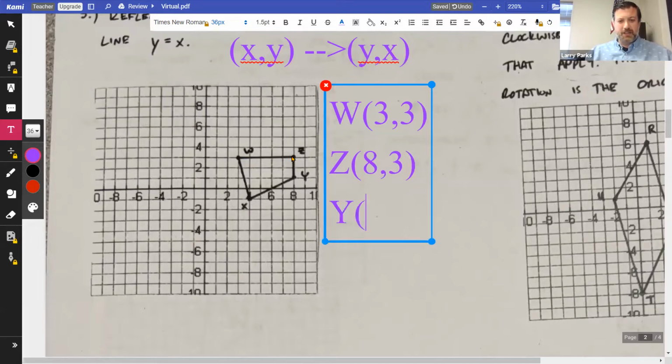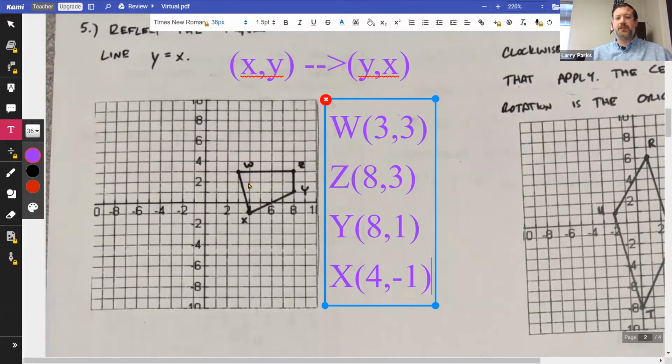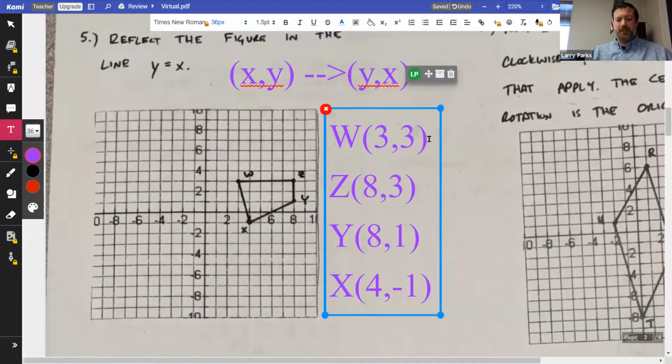Y was, to start off with, 8, 1. And X, to start off with, was, this looks like 4, negative 1. So this rule says you just take the X and you flip-flop them. Okay, so you would get